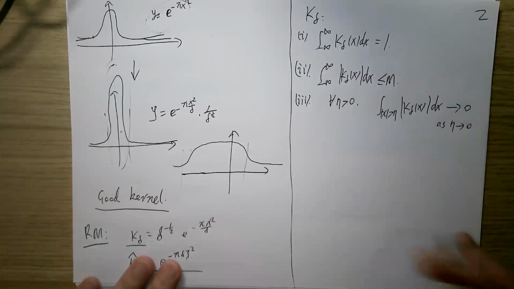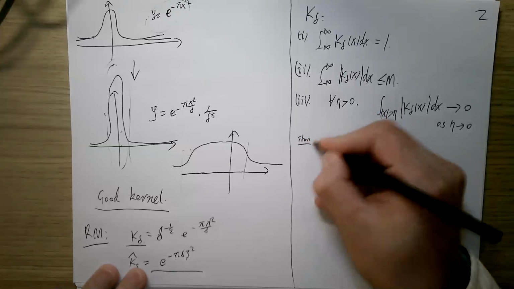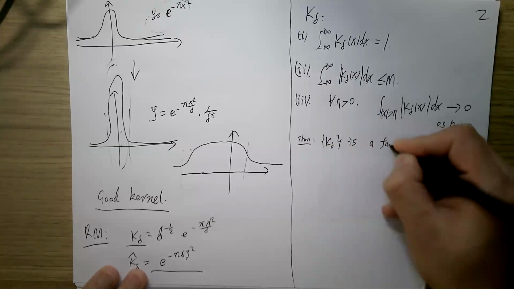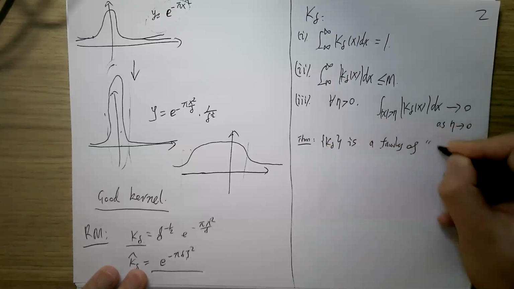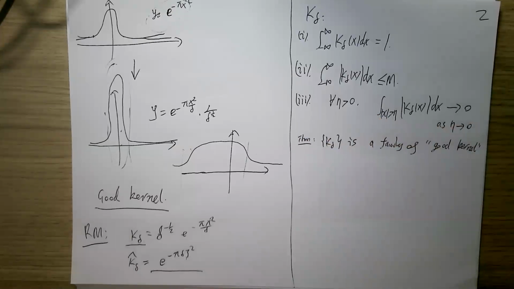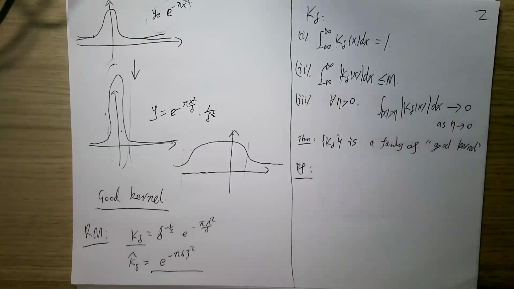Okay, and let's call it a theorem. This K delta is a family of so-called good kernels. The proof for all these properties is kind of easy. The first two, you just do the integration, you just do the change of variables, and K delta is actually a positive function. And for property three,